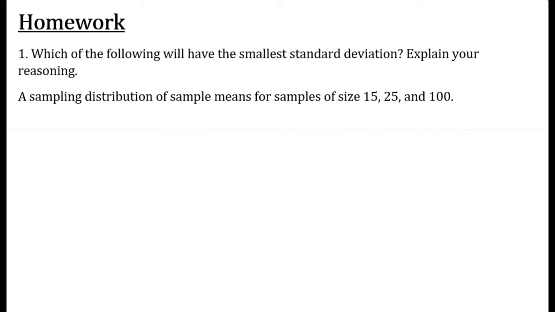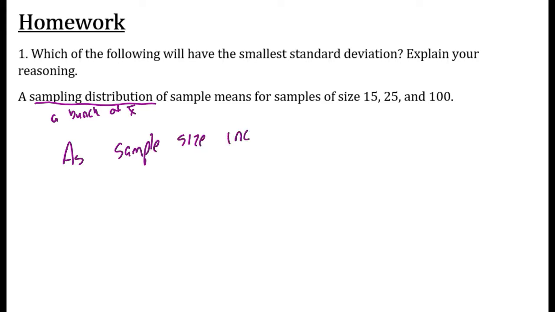So, which of the following will have the smallest standard deviation? Explain your reasoning. So a sampling distribution, which means we have a bunch of sample means, a bunch of x bars. We have a distribution of x bars for sample size of 5, 25, and 100. Which of these is going to have the smallest standard deviation? Well, as sample size increases,